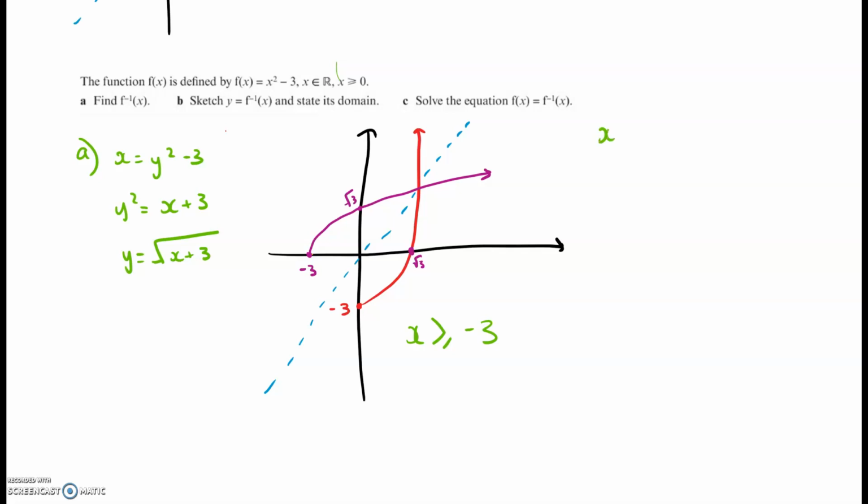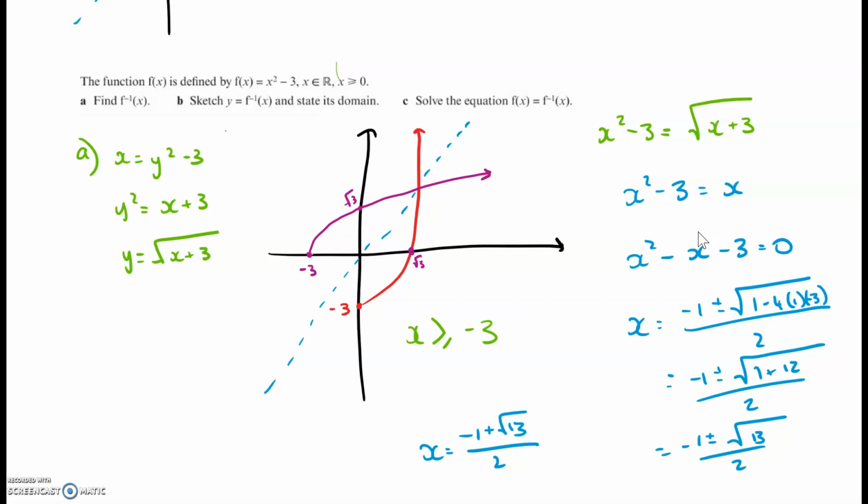So f of x equals x squared minus 3. The inverse, here I'm just going to pause this and show you the answer because I'm running out of time. Okay, so they're equal at that y equals x line, so I can let f of x equal x, go through the quadratic formula, solve that. I only consider the positive case, and that's at negative 1 plus root